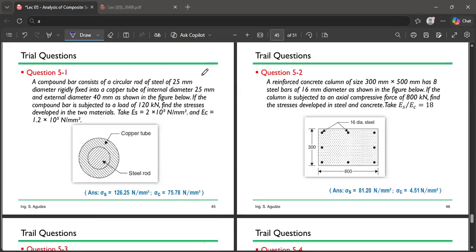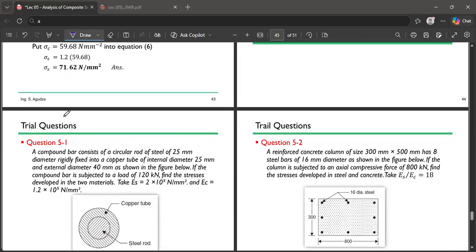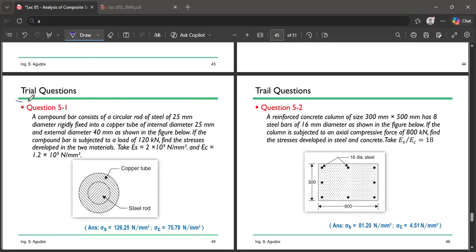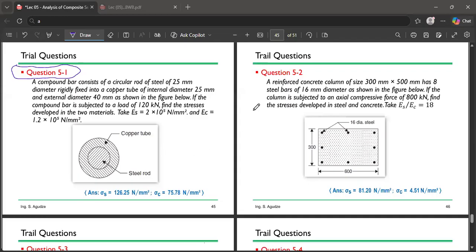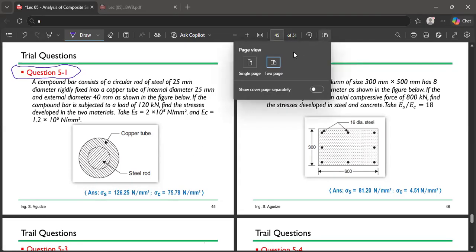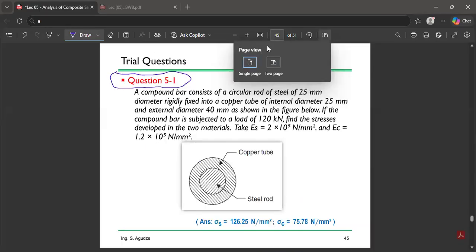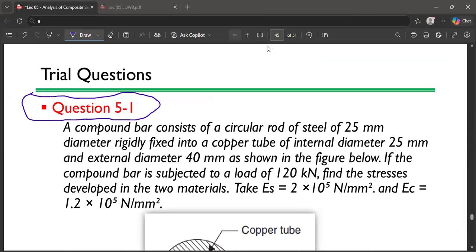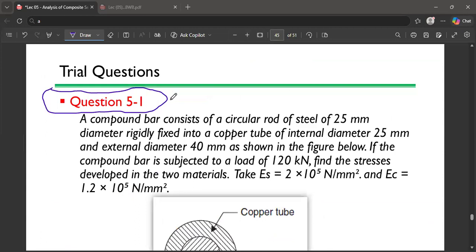So we want to start with trial 1. That is question 5.1. So our problem says that